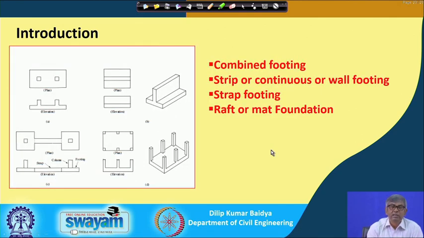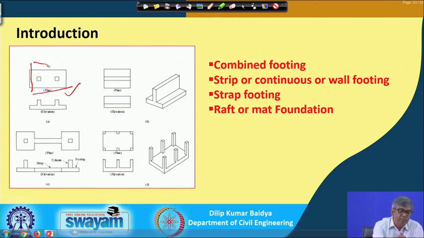And these are all the other types of foundation. You can see that this is the one, as I have told you, combined footing; this is the elevation and this is the top view. Sometimes, because of various reasons, if the columns do not carry equal load, then your foundation may be something like this, trapezoidal also. So, a combined footing need not only be a rectangle; it can be of other shapes also.